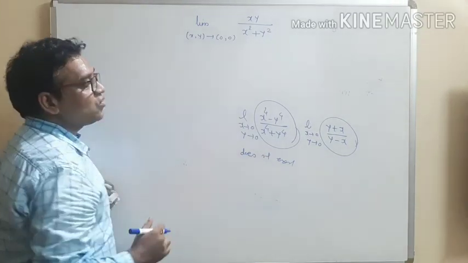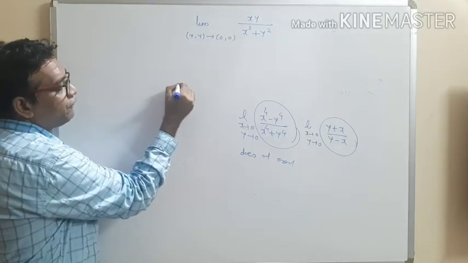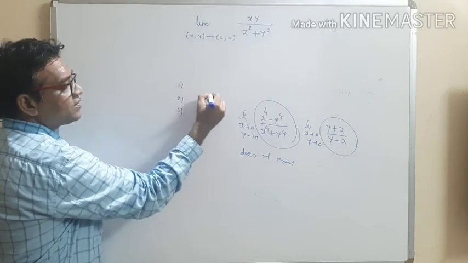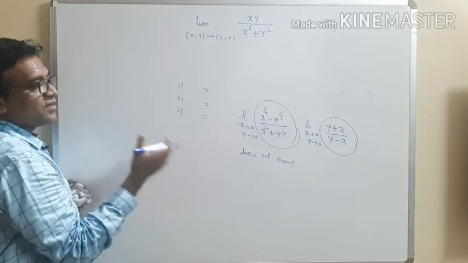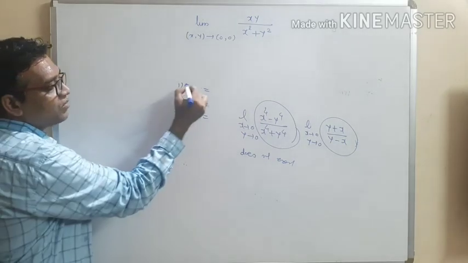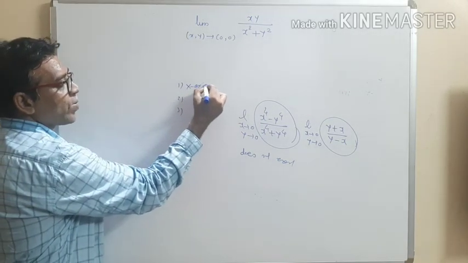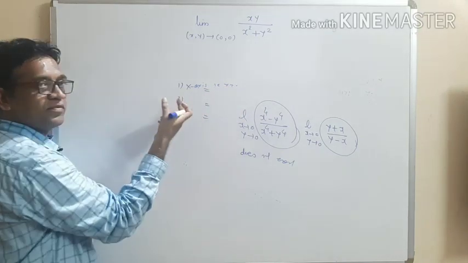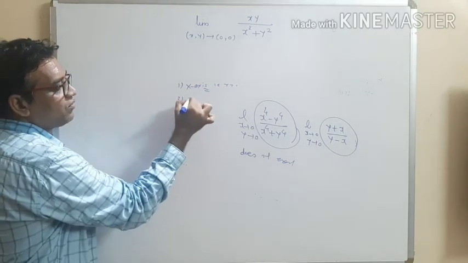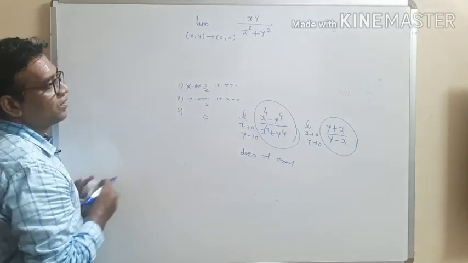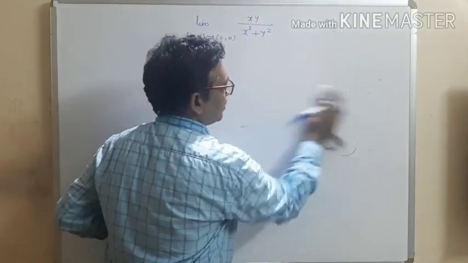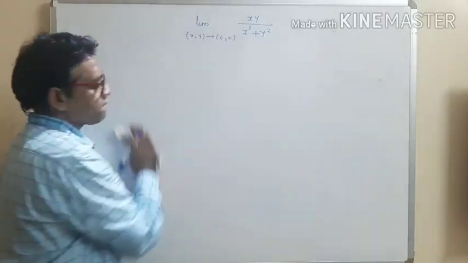How to show that limit does not exist? Use different equations and get some different limit. This is the process. So we can use the simple equation of x-axis, that is y equal to 0. This is some simple equation. Equation of y-axis, that is x equal to 0. This is again some simple equation. So write down the solution. Write down, consider